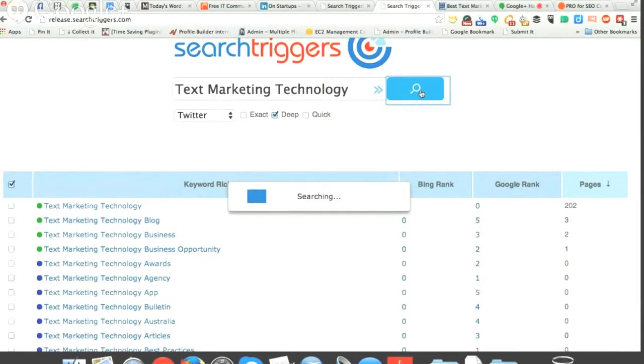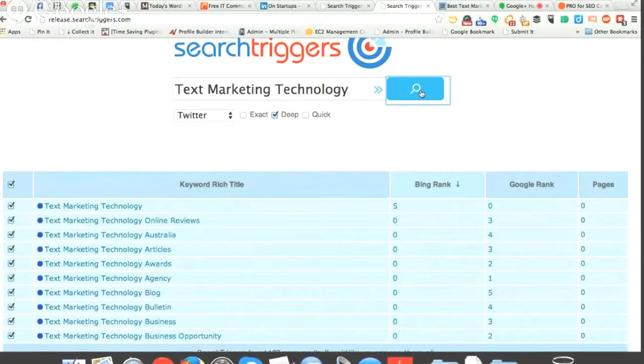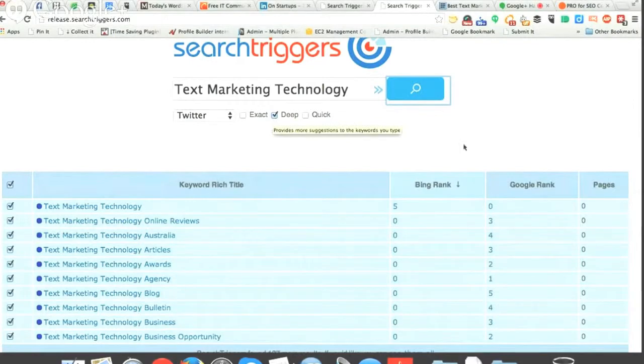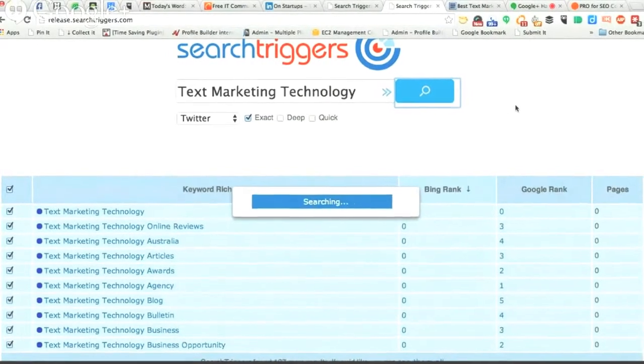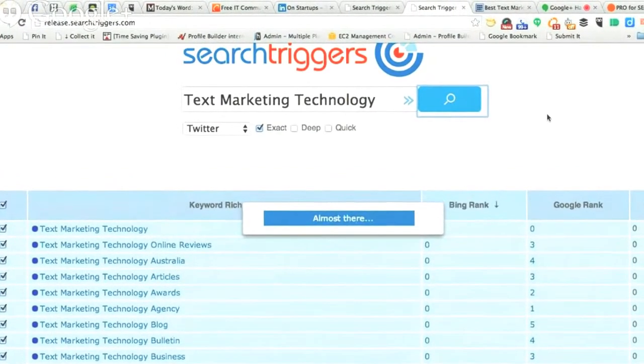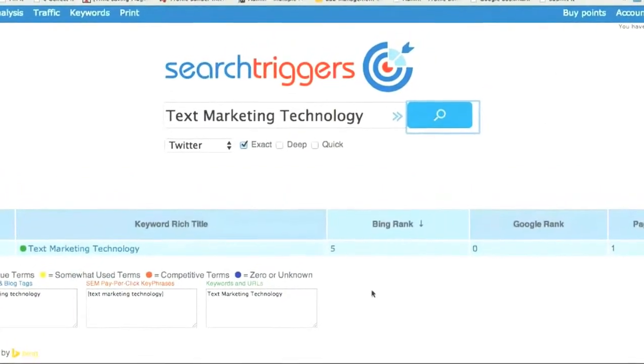And now it'll tell you how many numbers. Yeah, see again, there's literally nothing. Uncheck deep and let's go exact. Well, it does it a lot quicker, doesn't it? Yeah, because it's performing fewer searches.